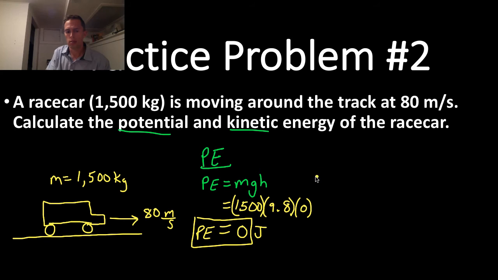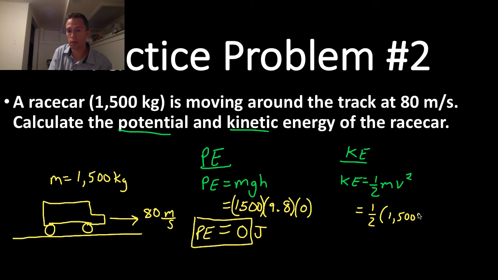Okay, and so let's go to kinetic energy, which is the energy of motion. So hopefully we can find out what the kinetic energy of this race car is. Let's go over the formula again. Kinetic energy is equal to 1/2 the mass times the velocity of the object squared. Okay, so let's plug in the numbers that we know. 1/2, the mass of the race car was